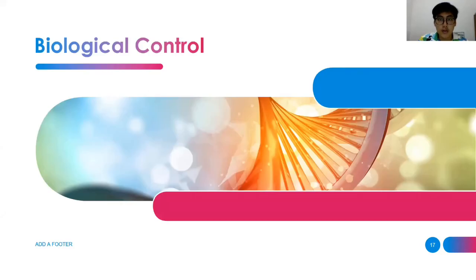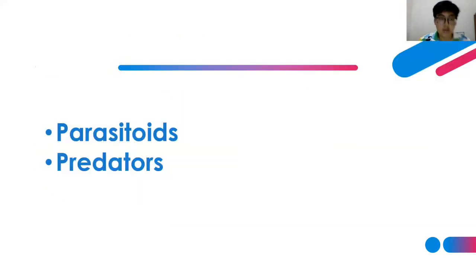Okay, next we are moving to the control of diseases and pests for cocoa. The first one is biological control, which consists of parasitoids and predators. Parasitoids that can be used to control pests such as Cacao Mirids is